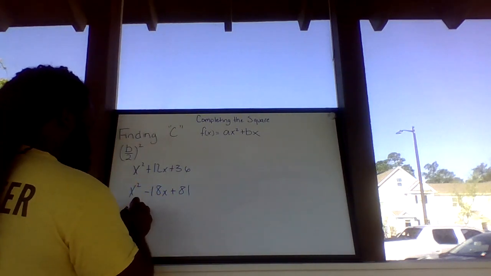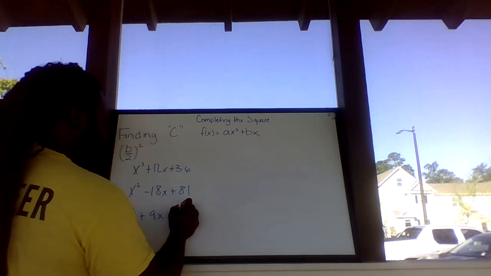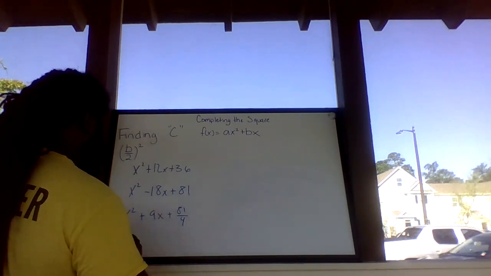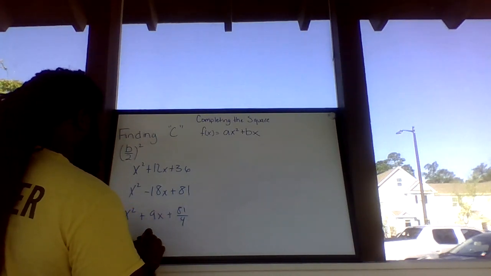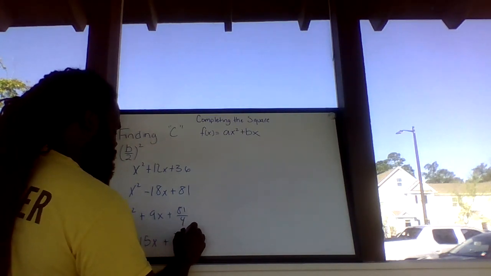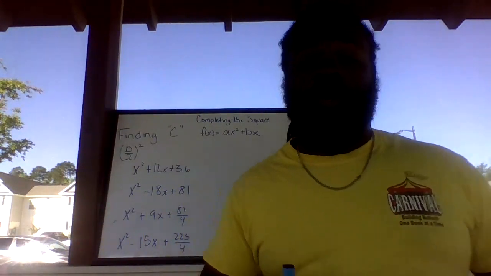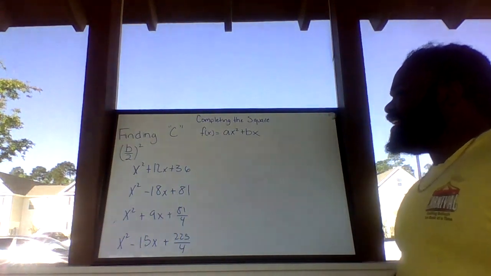Here we had x squared plus 9x plus 81 over 4. And then lastly we had x squared minus 15x plus 225 over 4, right? And now what we want to do, we want to be able to write these in